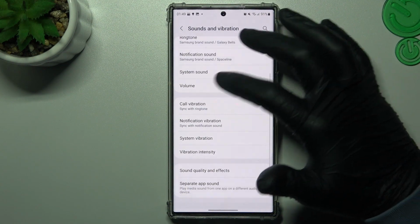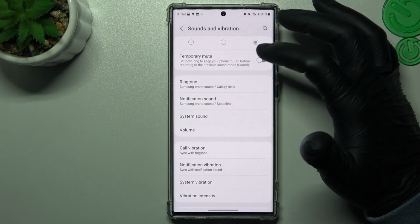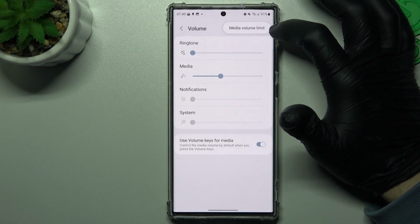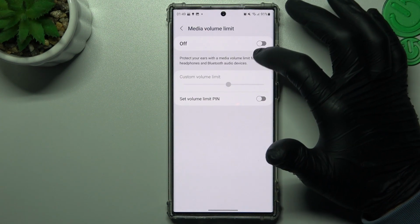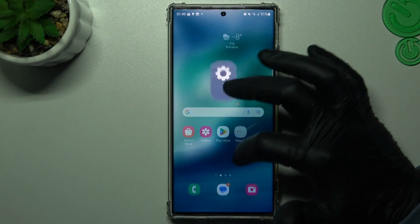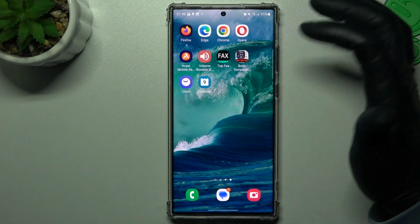You can also check whether you have any volume limit. Open the volume and click on this three-dot icon and tap on the medium volume limit. Now if you have any limit, just turn it off. And this is the first method, but if it is not enough for you,